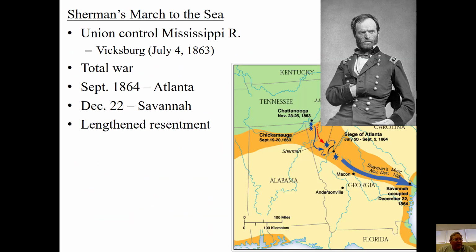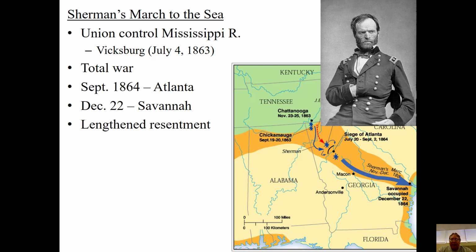So this war drags on for another year, year and a half. And once again, it's out west where the Union sees a lot of victory. William Sherman is still out west. Ulysses S. Grant has now taken command in the east, and he's slowly but surely driving on the Confederate capital of Richmond. But it's his former lieutenant, William Sherman, that's really going to have a remarkable moment here in 1864.